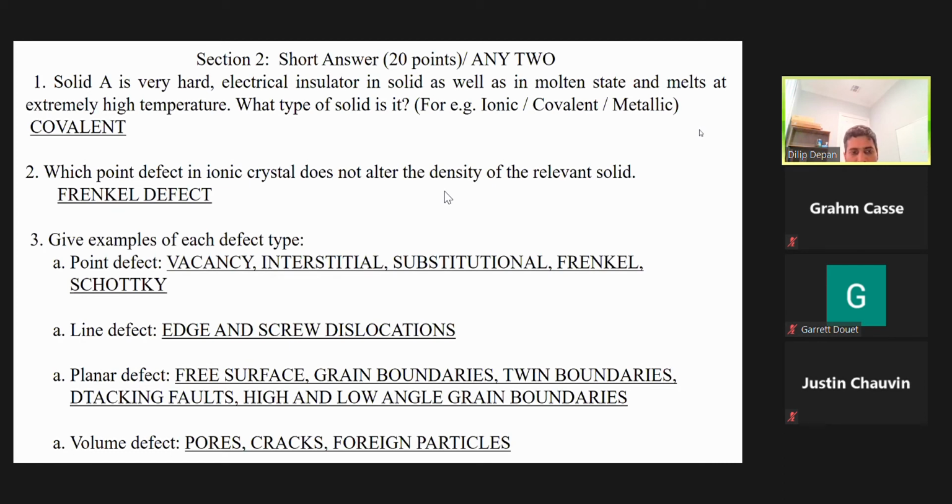We have multiple choice, explain why, short answers, definitions, true and false, the short answer, this explain why type of questions, sometimes fill in the blanks. So I include everything